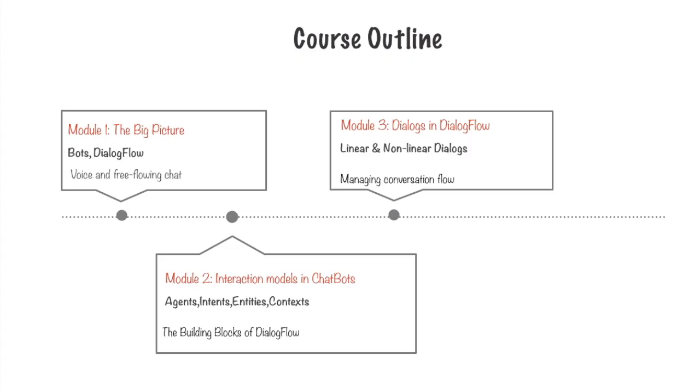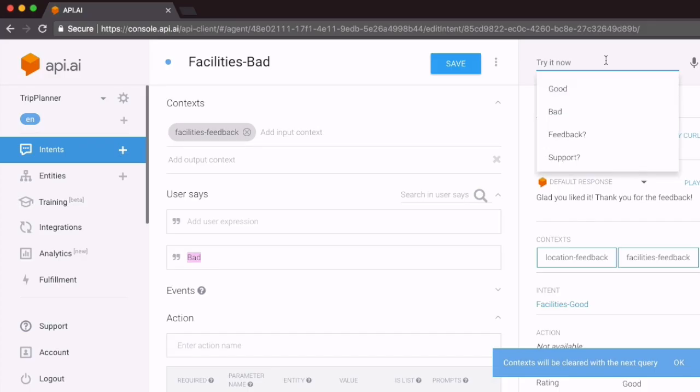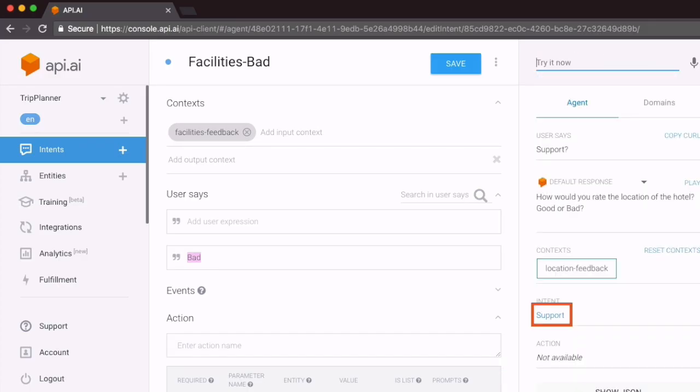Once we've understood the various interaction models in which Dialogflow works, we'll then see how we can conduct long running, meaningful dialogues. We'll see how linear dialogues work, which serve to get all the information that is needed to fulfill the user's request. We'll also see non linear dialogues. These manage branching conversations, where you call another intent based on what the user's previous response was.